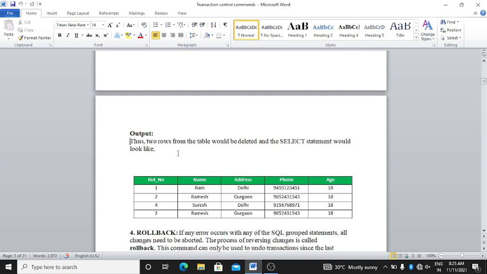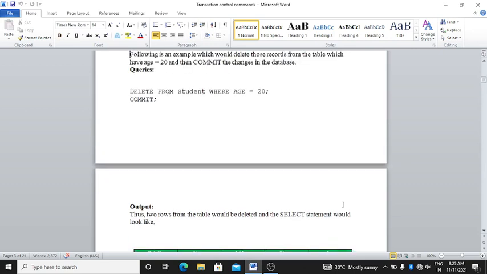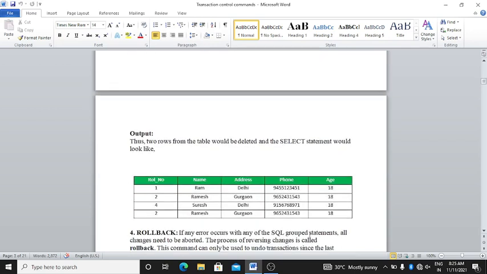here. In the given table there are six rows, and two students have age of 20. Then as I give the instruction delete from student where age is 20 and commit, we will get the revised or updated table which does not contain the 20-age students.